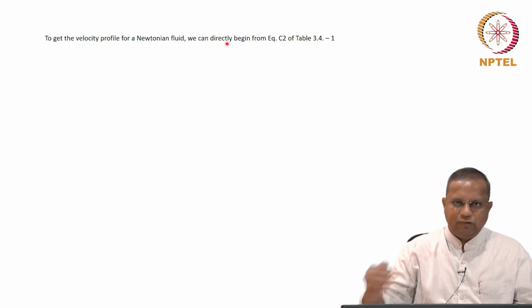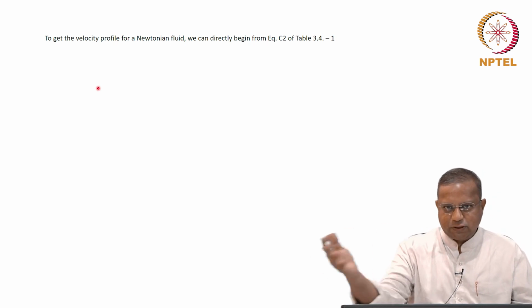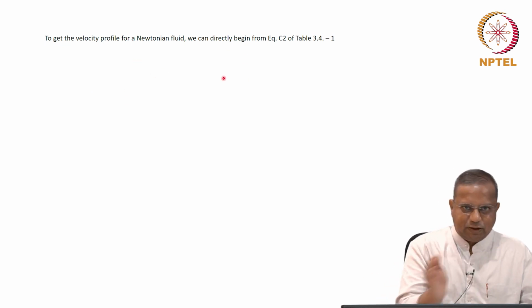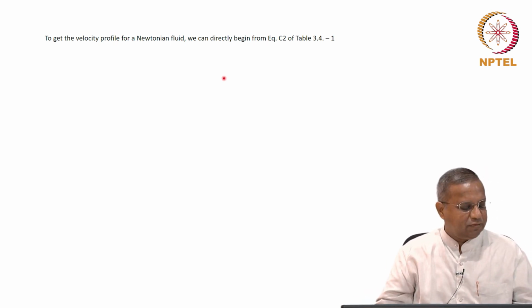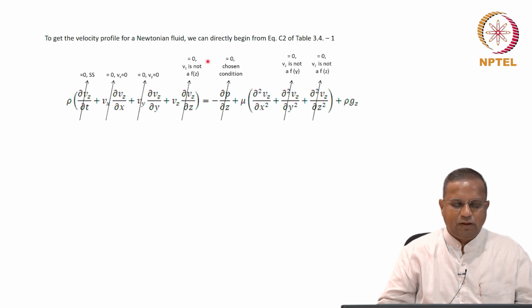And for this, we can use the next equation, C2, in table 3.4-1. I'm going to write the equation, so I'm not going to go back and show you that equation. Please look at the table that you have made a copy of and find out that equation. Yeah, that would be an easier way to do. Initially, I need to make this connection, and then once you have already made the connection, you can directly refer to the equation. This would have been the equation C2 in table 3.4-1.